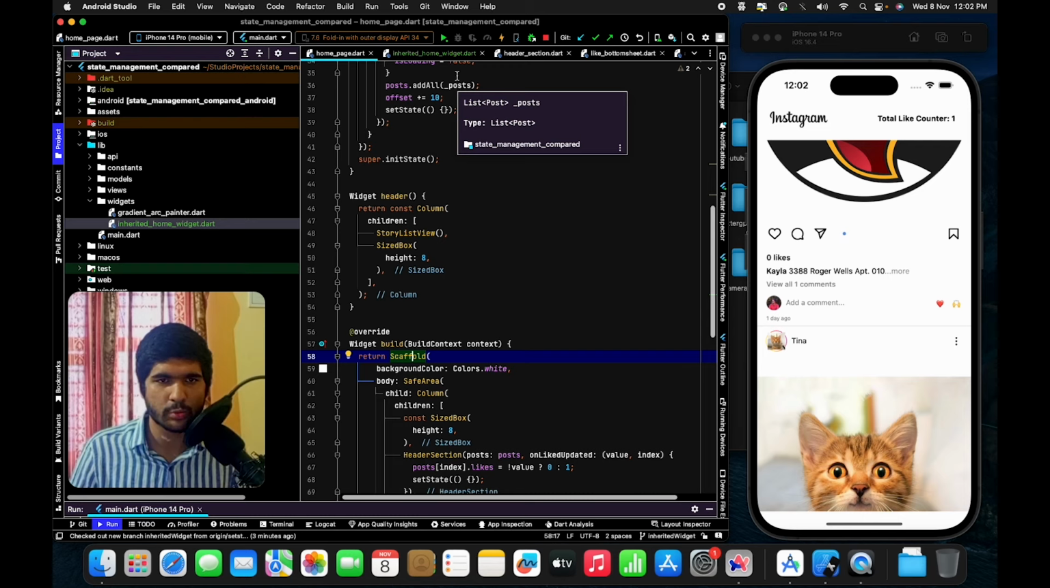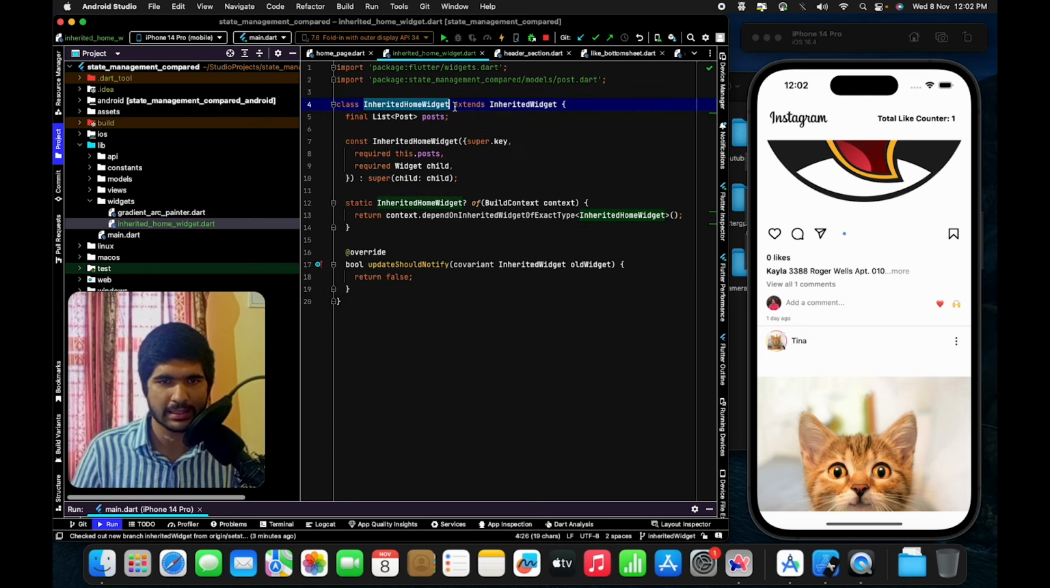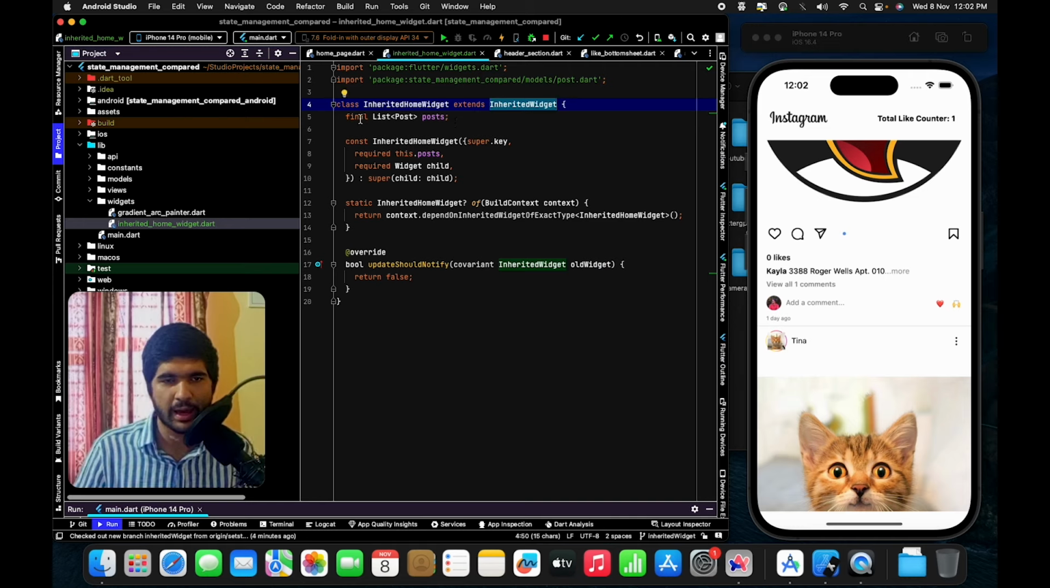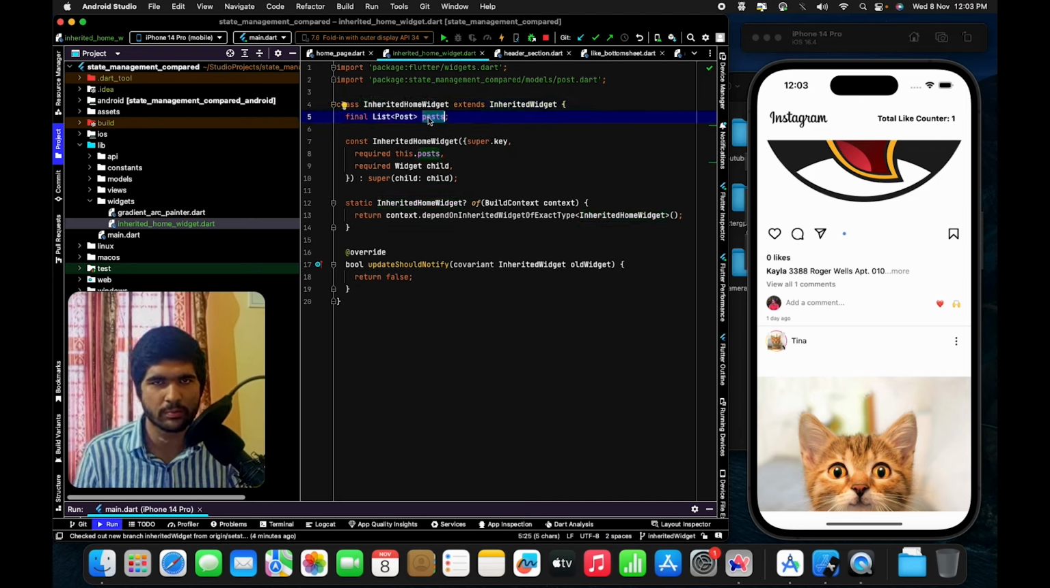Okay, so let's go back to our inherited home widget and then add the inherited home widget class. Basically what's happening here is that we are making a class which extends the Flutter inbuilt inherited widget, and here we are making a variable that is posts. So all of the posts that we have inside the class will be stored directly inside inherited home widget, and we can access all of the posts. So we don't have to call our callback method and then pass the data to the home page. So posts we will be